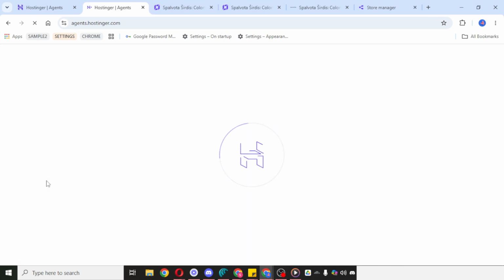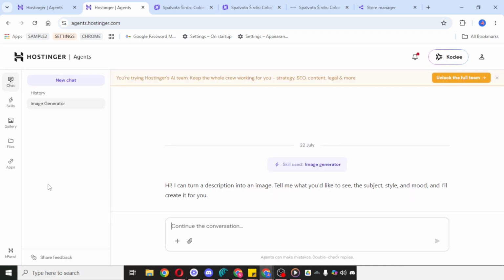Once you're inside the Agents section, you'll see a space where you can describe what you need. This is the most important part of the process, so take a moment to be clear and specific. For example, instead of typing something vague, try explaining your goal in simple terms, such as what kind of help you want, what task you're working on, or what result you're trying to achieve. The more clearly you describe your request, the better the agent can guide you.